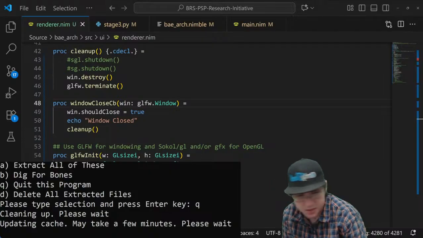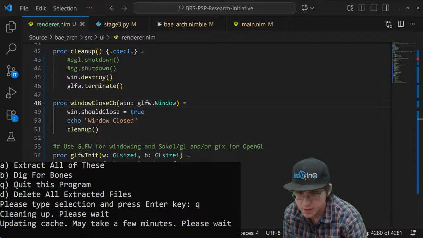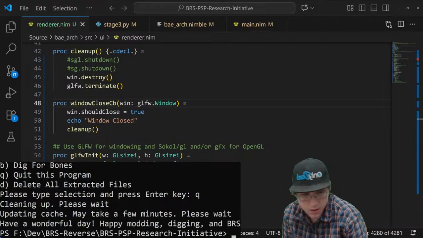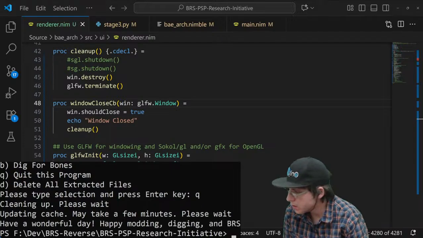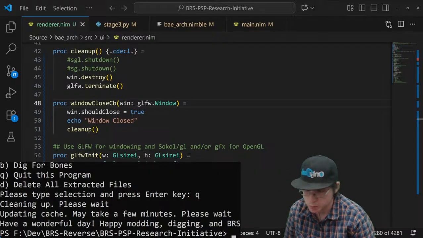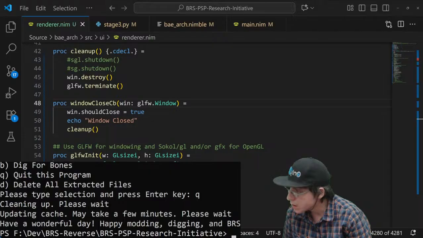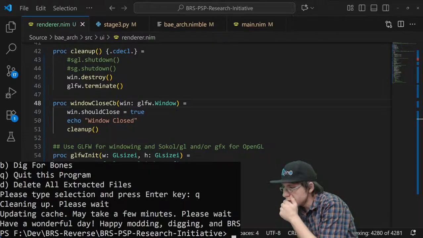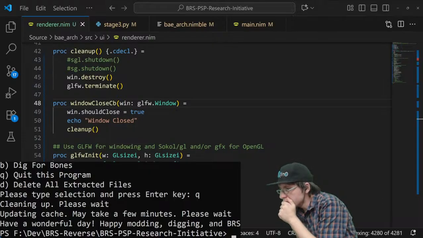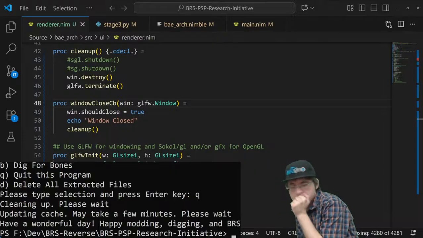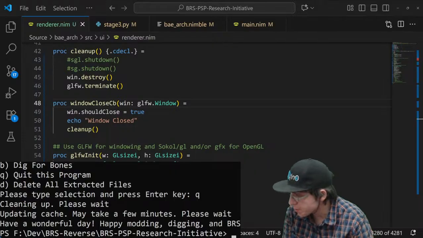What I'm going to do is add a key callback. Maybe a mouse button callback too. I'm just going to use a key callback for right now.